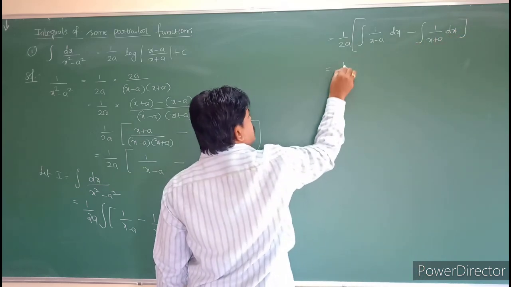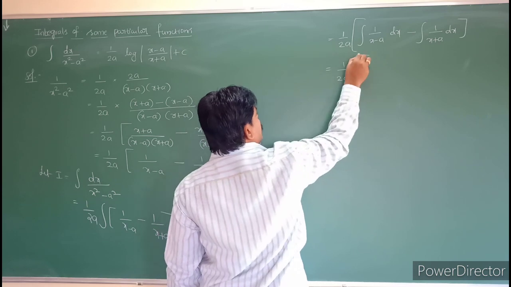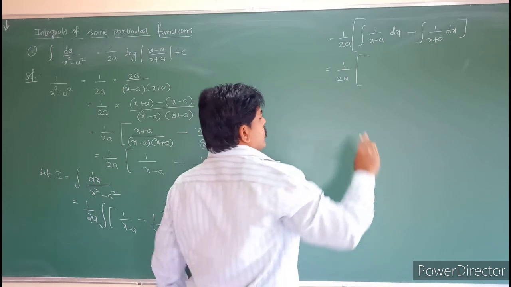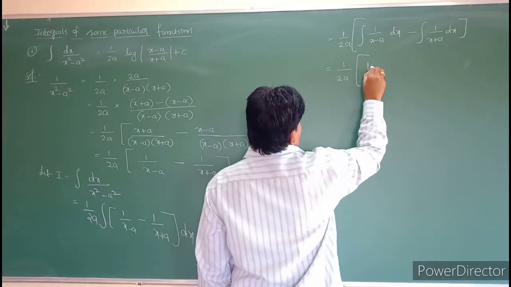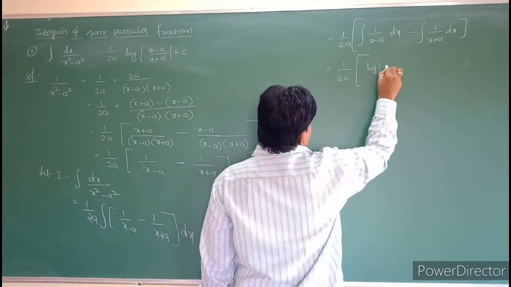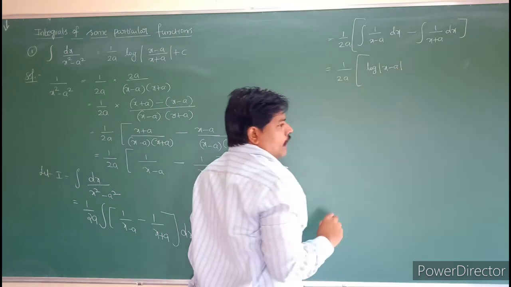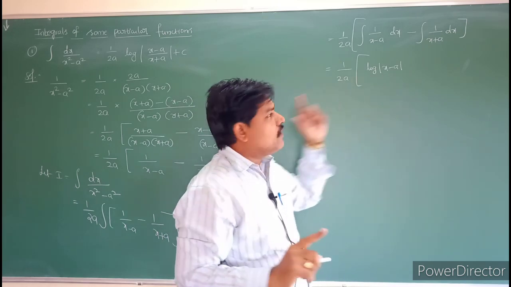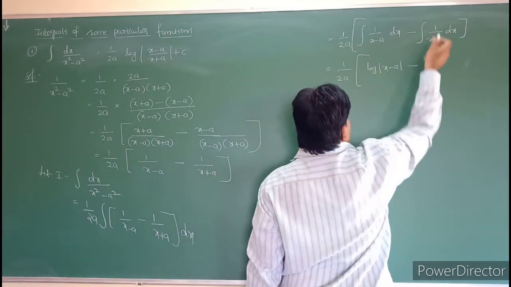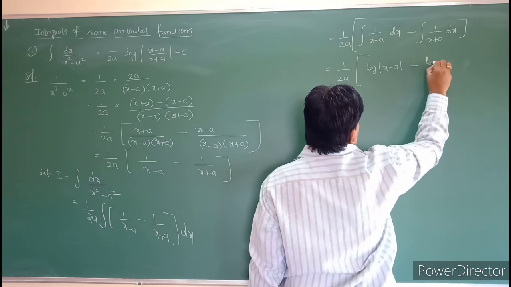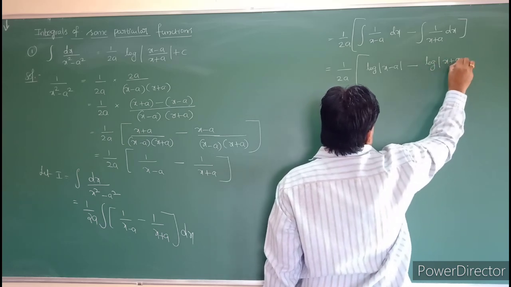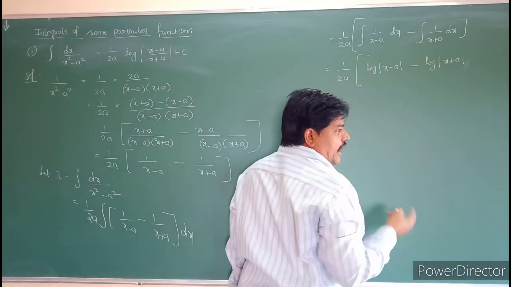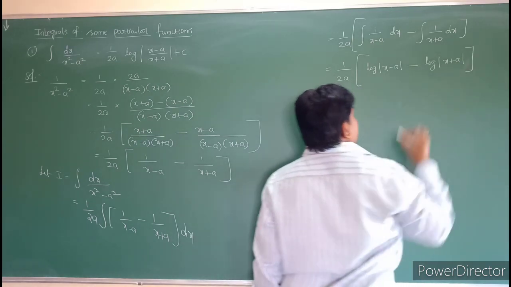So what happens, students? Integral of 1 by f of x is nothing but log f of x. So that is nothing but log mod x minus a, and x minus a derivative is 1. So that's why I am not writing the by 1. See here minus, it is also in the same form. What is that? Log of mod x plus a. Here also x plus a derivative is 1. So that's why I am not writing the by 1. So you can take the direct value.